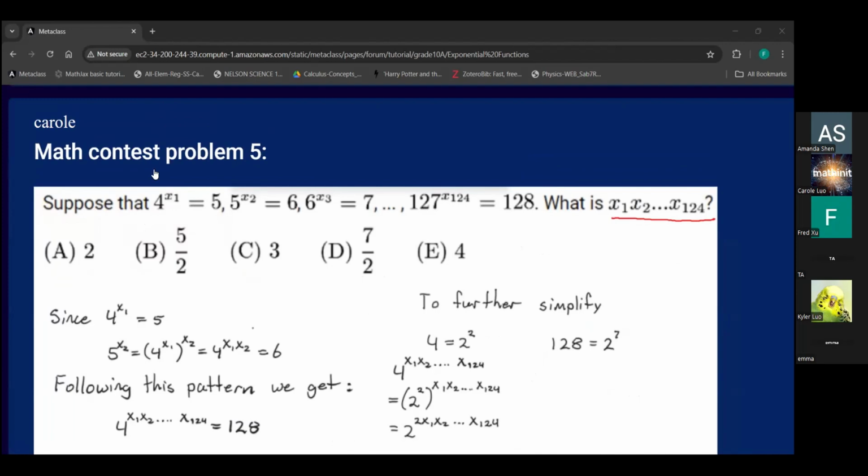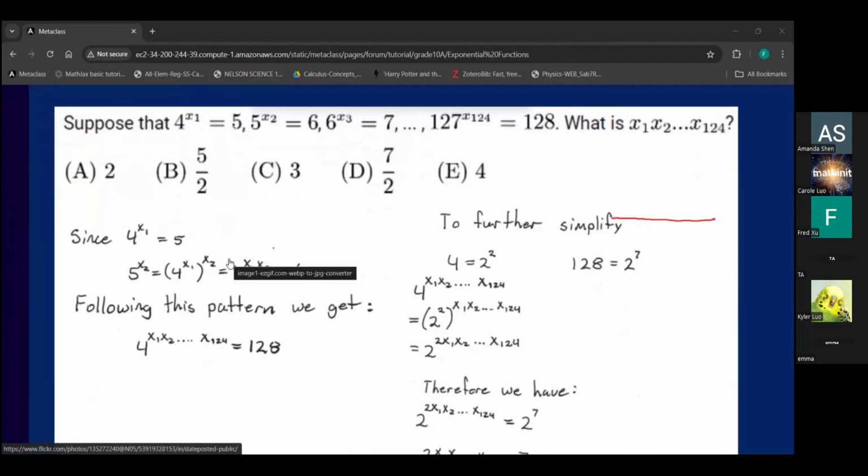The way that you do a question like this is you need to find a pattern, right? The reason why it is such a large number is because there must be a pattern of some sort. And the pattern here